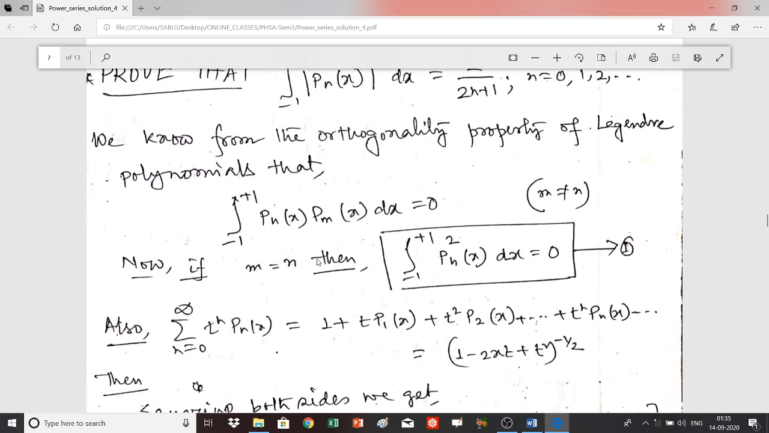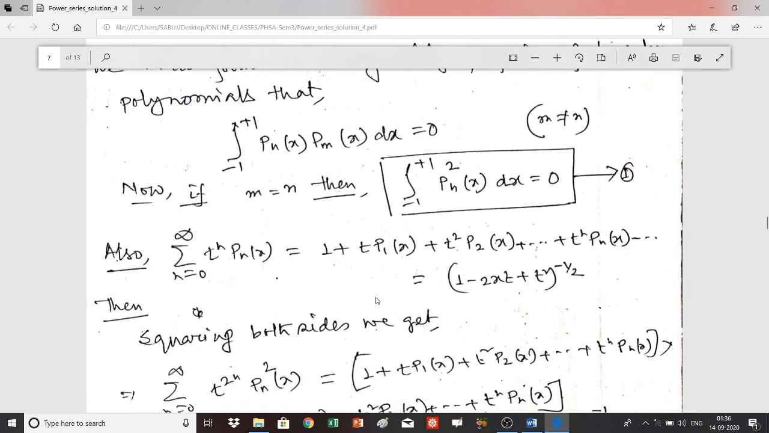Now, however, if you consider that n and m are equal, that is m is equal to n, then from this relation you have the integral from minus 1 to plus 1 of Pn squared. You can also write it as mod Pn whole square into dx. So from here you also know that